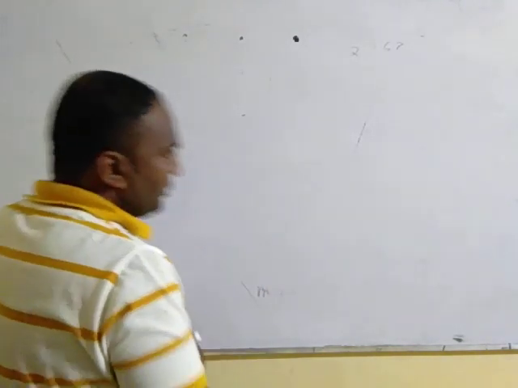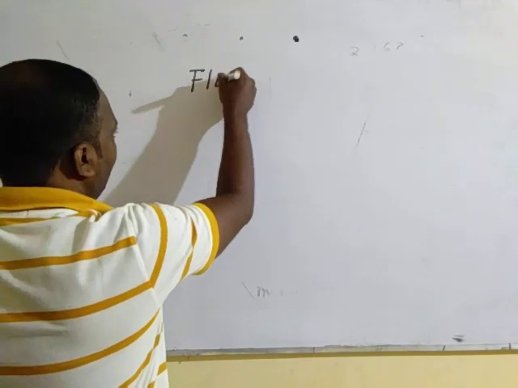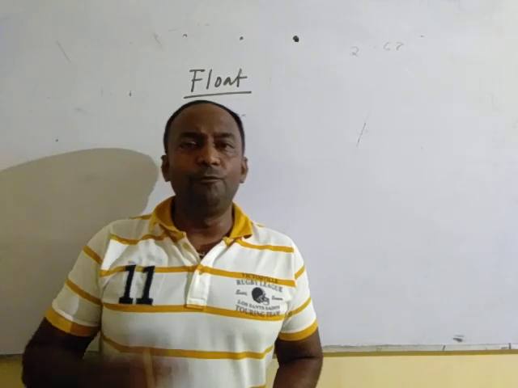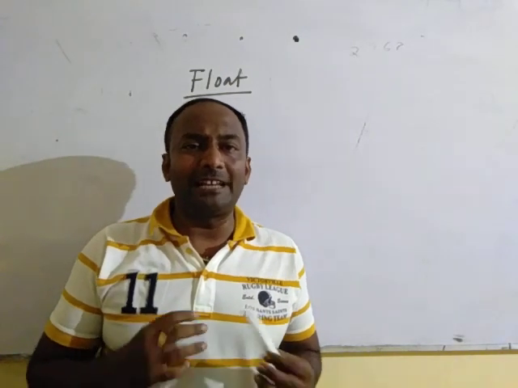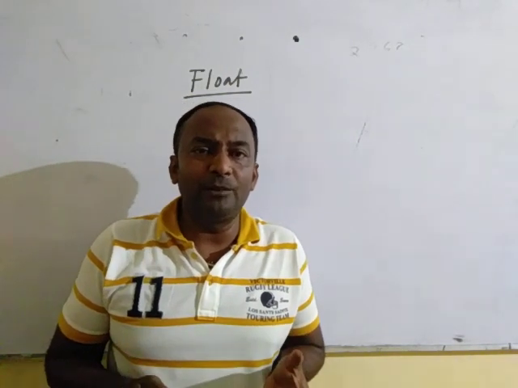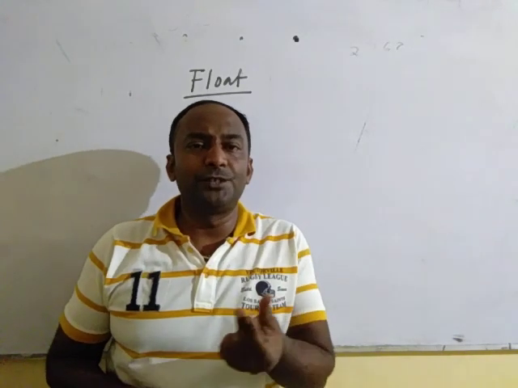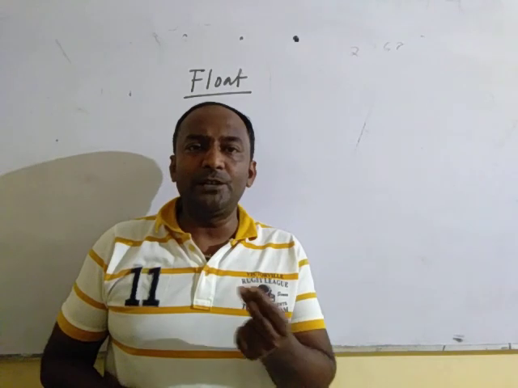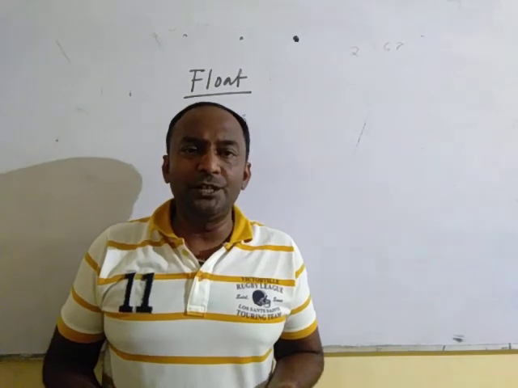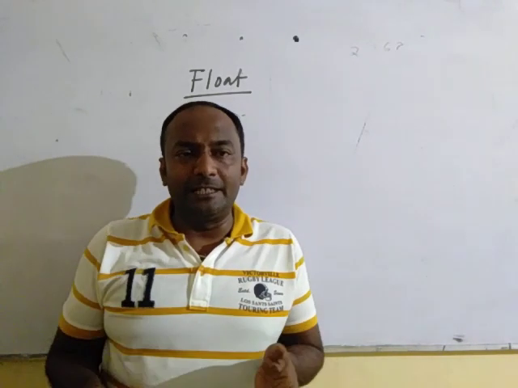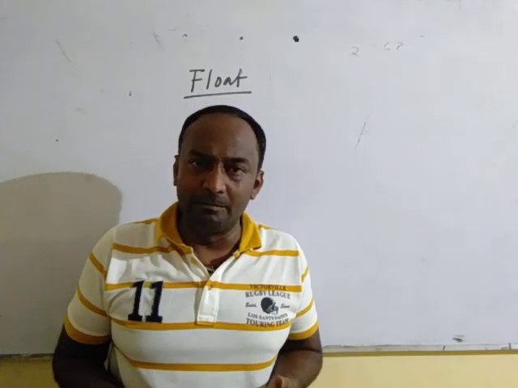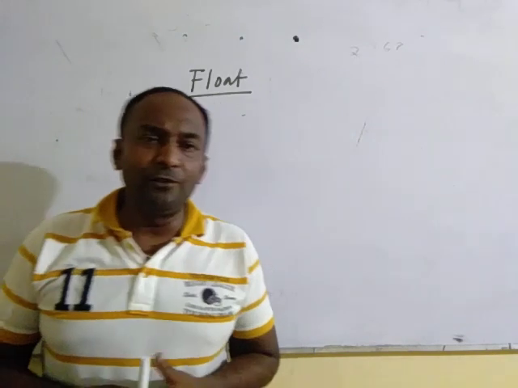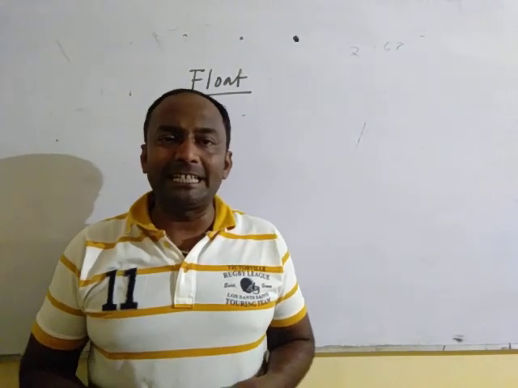Next is float data type. What is float data type? The float data type mainly stores the floating point variables or the fractional values. Why is it known as floating point variable? Because in number 3.47 it floats between the two numbers, that is 3 and 4. That's why it is known as floating point variable. In number 5.60 it floats between 5 and 6. So floating point variable means which floats between two integers. It is also known as a fractional number.